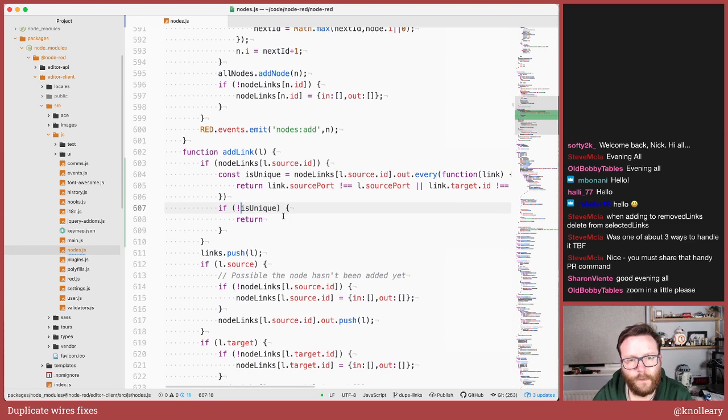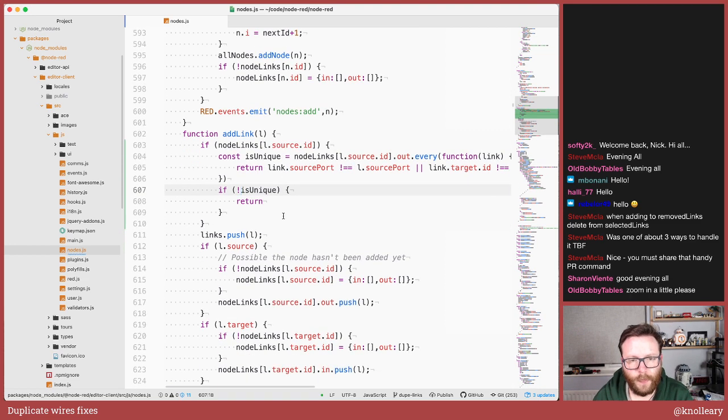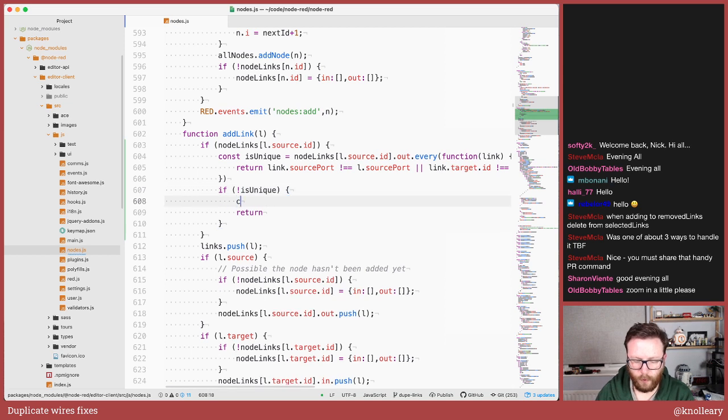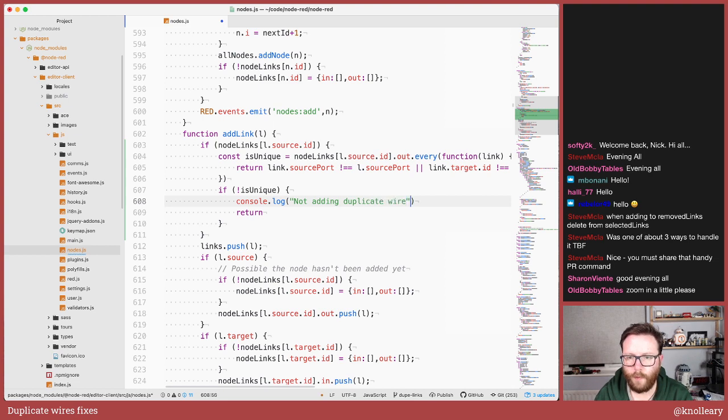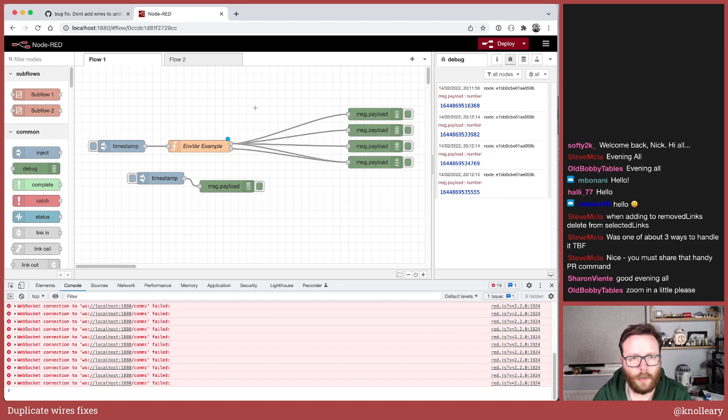Oh, man. Okay, I think that makes sense. What I'm going to do here is console.log "not adding duplicate wire", because we want to have a little bit of evidence that that's doing the right thing. So if we now reload,